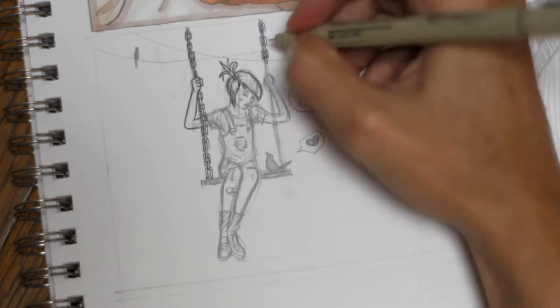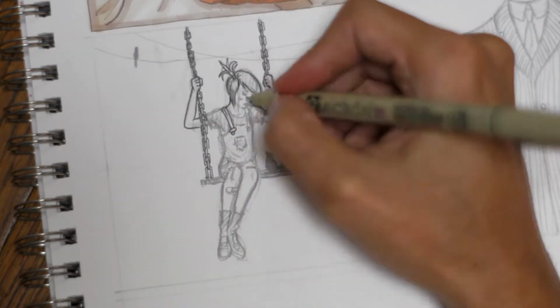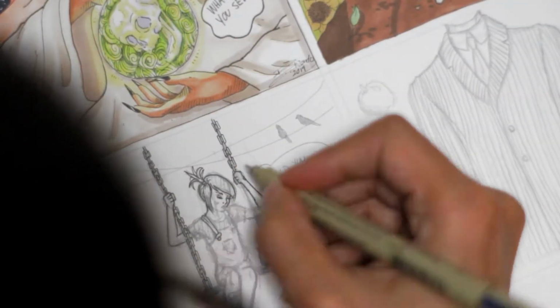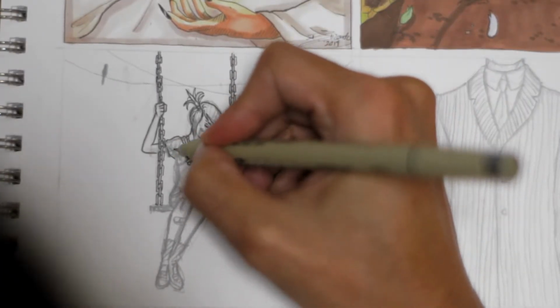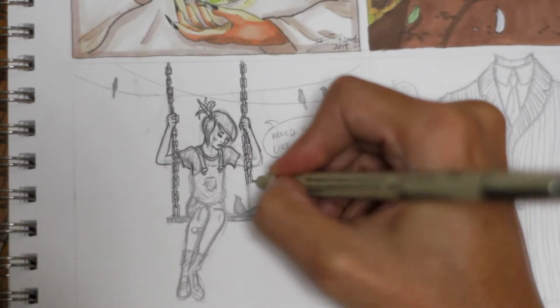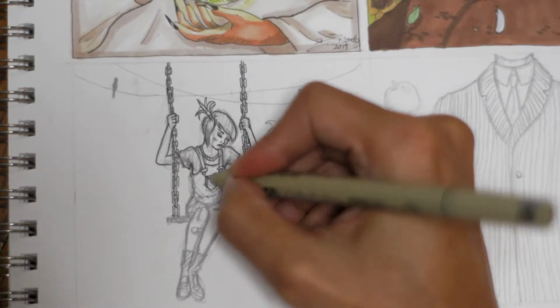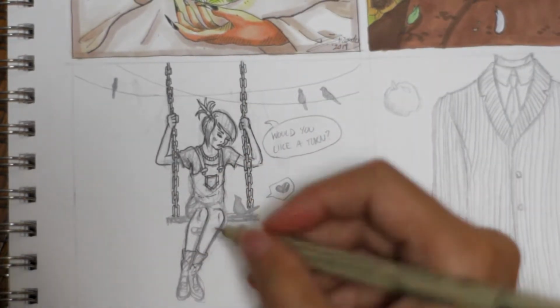I'm really a big lover of birds. In a way, I love them in artwork, and in real life too, but I think mostly in artwork. I like what they symbolize and all that. I like when I see paintings and drawings of birds sitting on the wire, the phone lines or whatever they are. And I first drew the girl on the swing,